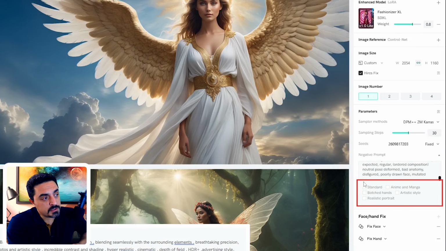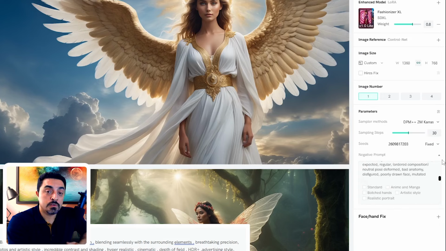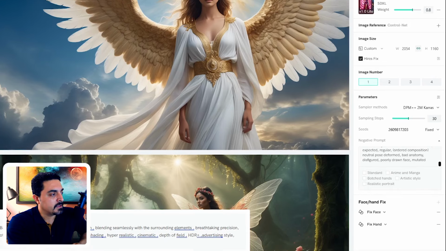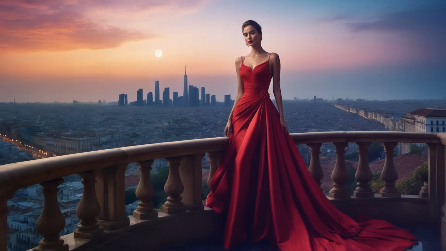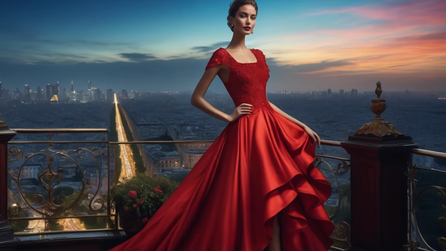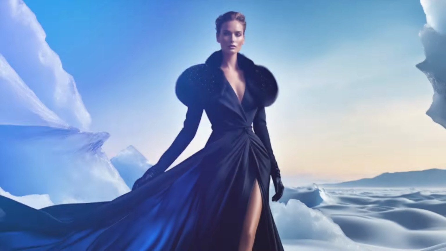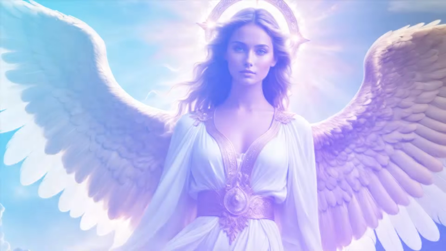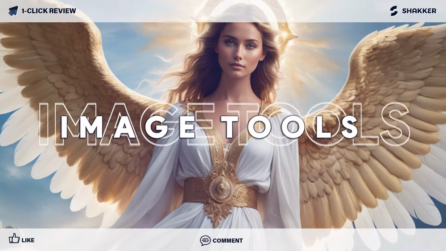And these options are available for Stable Diffusion 1.5. Also, for better results, I recommend using high-res fix and face and hand fix. Okay, let's just generate this. And I end with these mesmerizing results. Then I changed the trigger word to green dress, black dress, and finally, yellow dress.